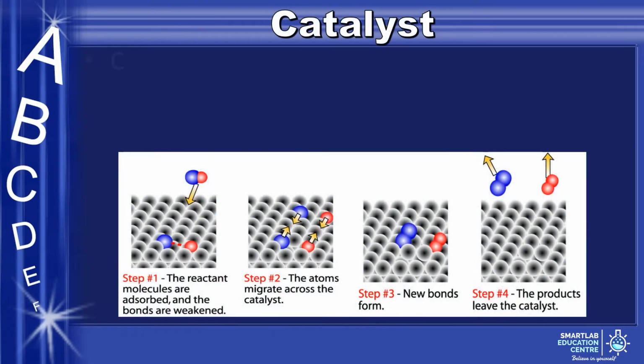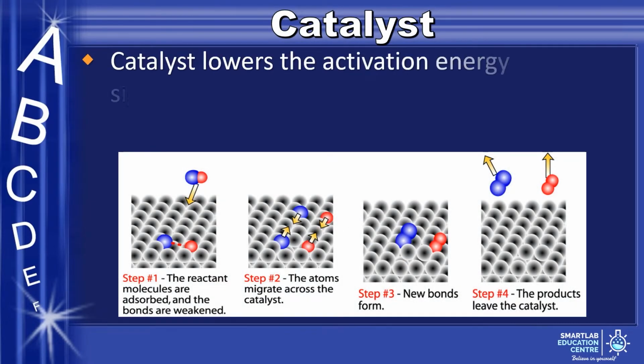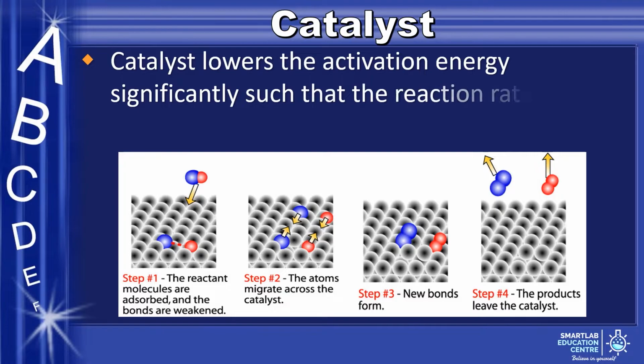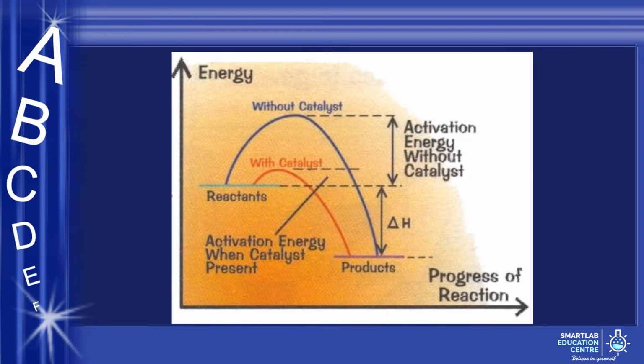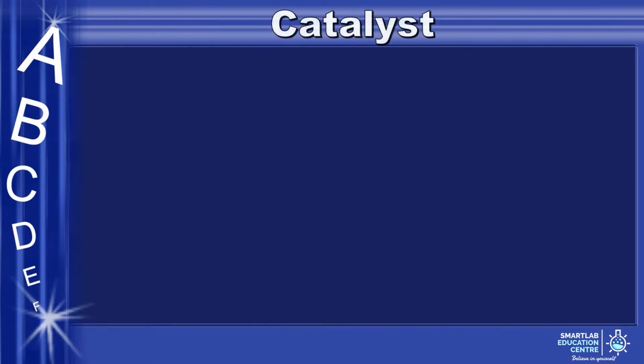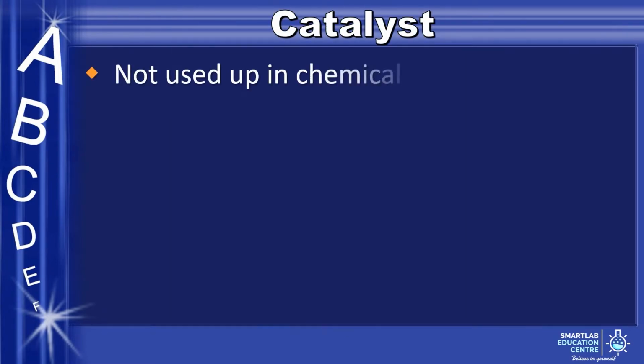Catalysts lower the activation energy significantly such that the reaction rate increases. This diagram shows how the activation energy changes with and without a catalyst. Catalysts are not used up in chemical reactions, and the larger the surface area of the catalyst, the faster the